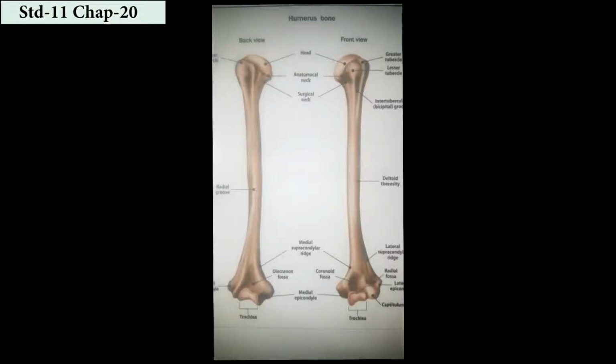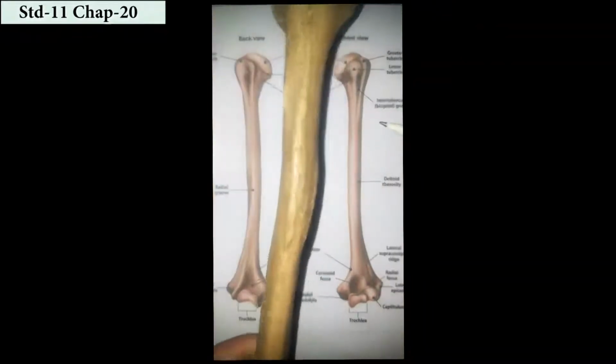Hello friends, we will first of all see the humerus. It has a crest at its proximal part. Here we can see at the proximal end the deltoid ridge for the attachment of arm muscles. I would like to show you the original deltoid ridge. What is that actually? Let me see.